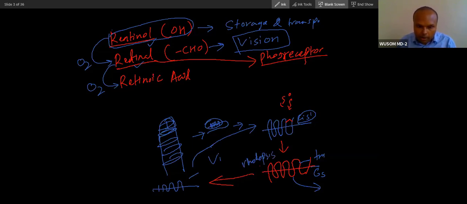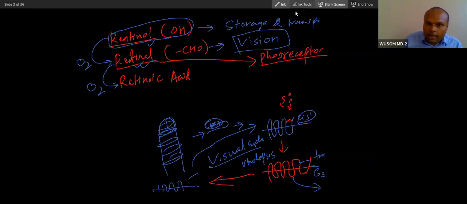Rhodopsin receptor pigment. And from this, after separation, again it will associate. Again it will activate it. Again it will separate. So this cycle goes on and on, and this process is called the visual cycle. And this is very important. This retinol plays a very important role in vision.